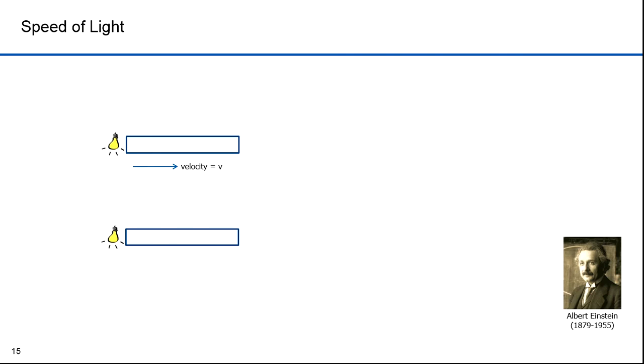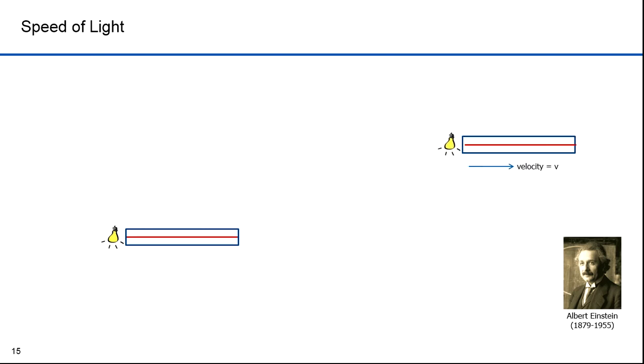Here's how we would apply Galilean relativity to light. This is wrong, by the way. Imagine we shine a beam of light in this direction. Now imagine that we do the same for an apparatus that moves. The light in the first case goes 299,792,458 meters per second. That equals c. The mechanics of Galileo would have us add the velocity of the apparatus v to the velocity of light to determine how fast light is going from our fixed frame of reference. That results in a higher speed.